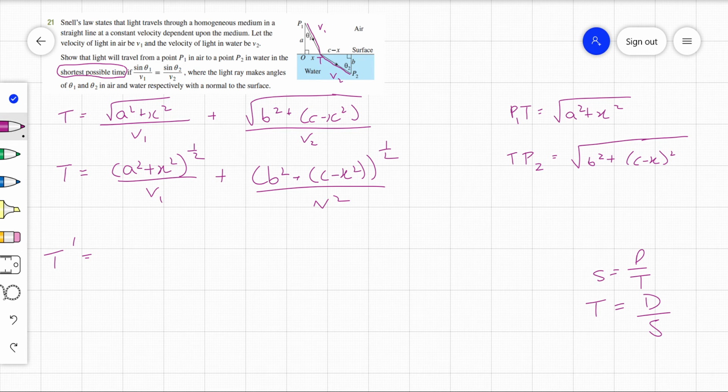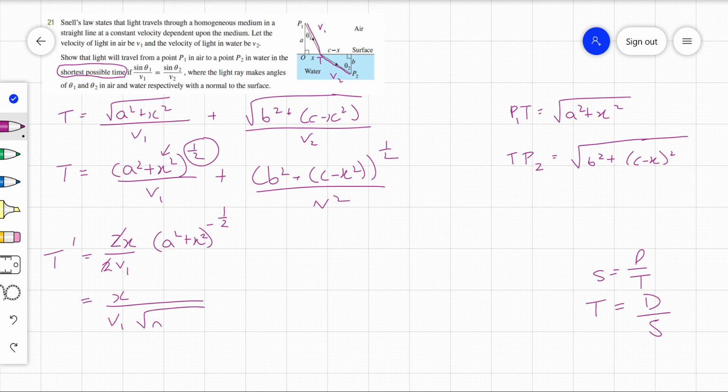This half is going to come down to the front, so it's going to be 1 over 2v1. And then I'm still going to have a squared plus x squared, but it's now to the minus half. Then I'm going to have to differentiate inside. So it's chain rule, and I'll get a 2x for that part. So the 2s cancel, and what I am getting is x on v1